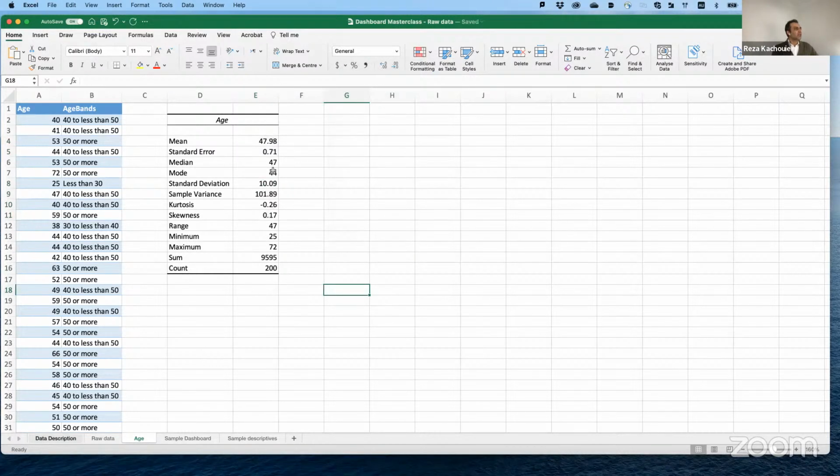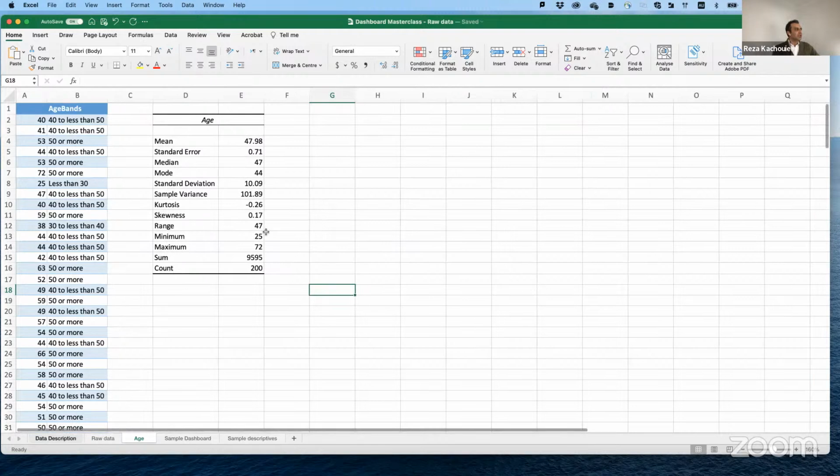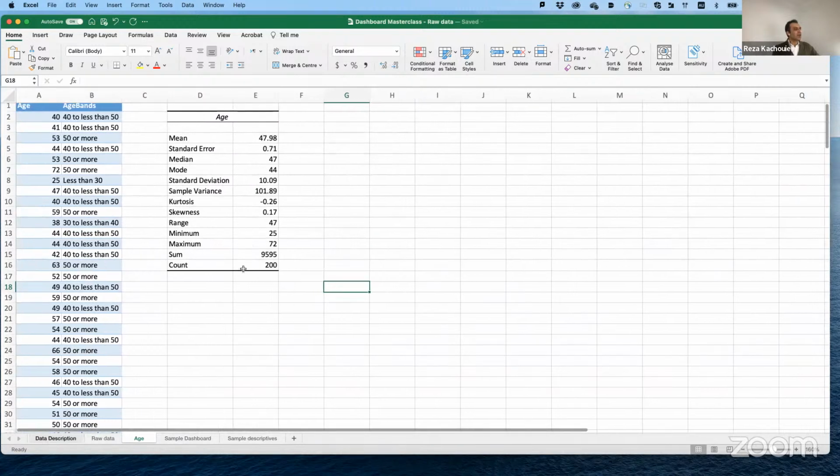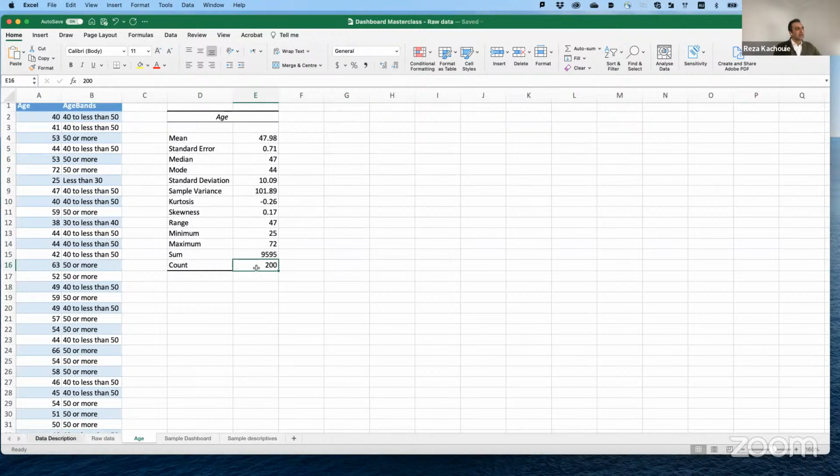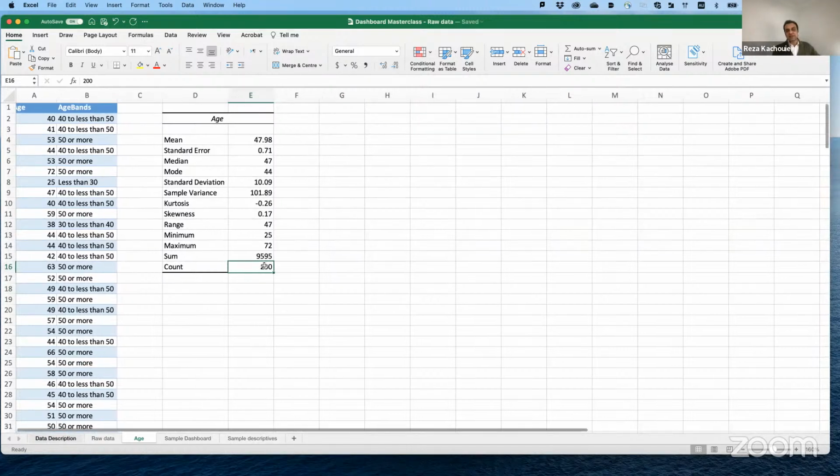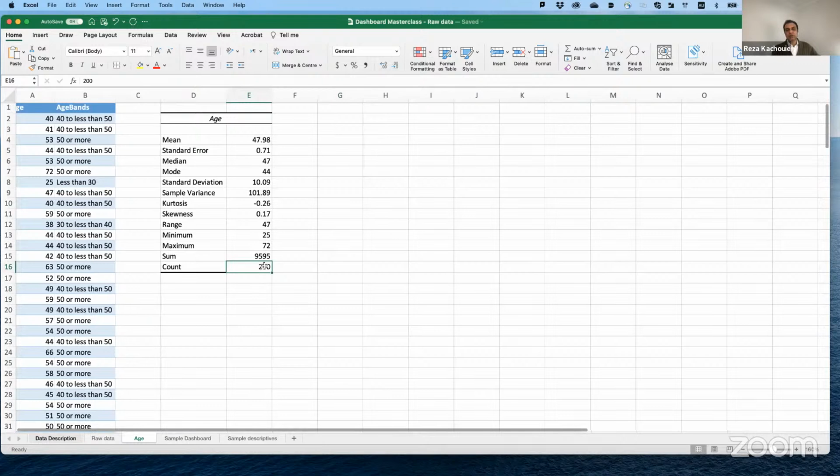Now you don't have any excess decimal points there. So you can see that the mean age is 47.98, and the median is 47. And something that you need to check is the count and see that it is 200, so you're not missing a data point. Everything is there. All good?